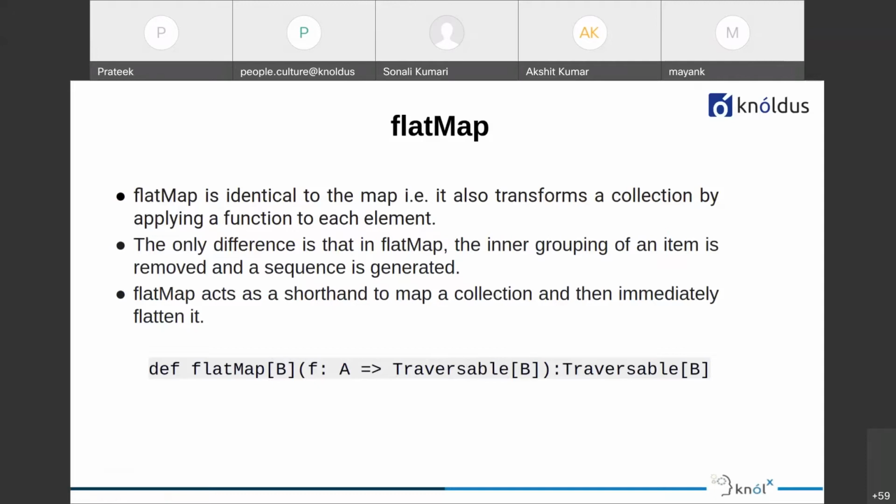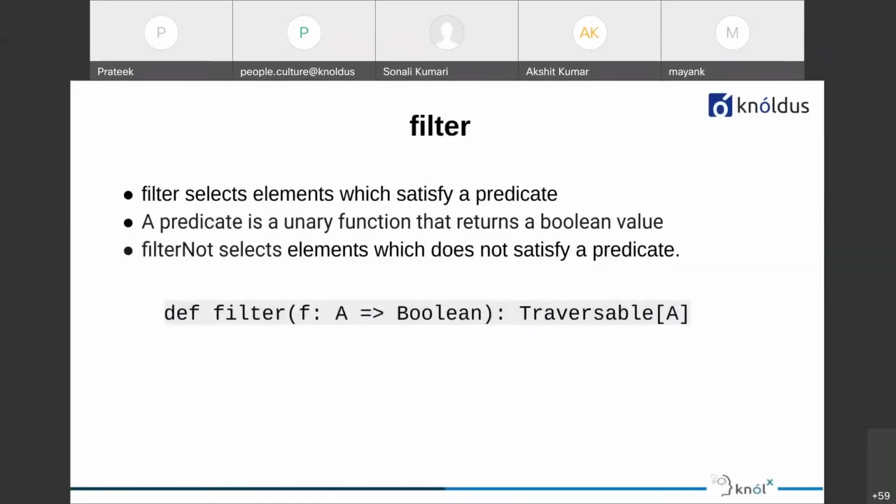So let's move on to the other higher order function, filter. Filter basically removes the unwanted data from the collection. Or we can say filter selects those elements which satisfy a predicate. So what's a predicate? A predicate is nothing but a unary function that returns a Boolean value.